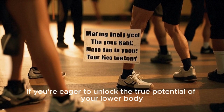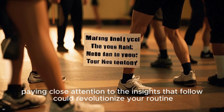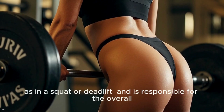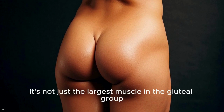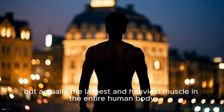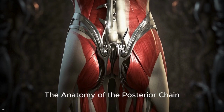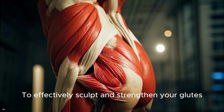If you're eager to unlock the true potential of your lower body, paying close attention to the insights that follow could revolutionize your routine. This is the primary driver of hip extension and is responsible for the overall shape and projection of the buttocks. It's not just the largest muscle in the gluteal group, but actually the largest and heaviest muscle in the entire human body, a testament to its immense power potential. Understanding the engine, the anatomy of the posterior chain,